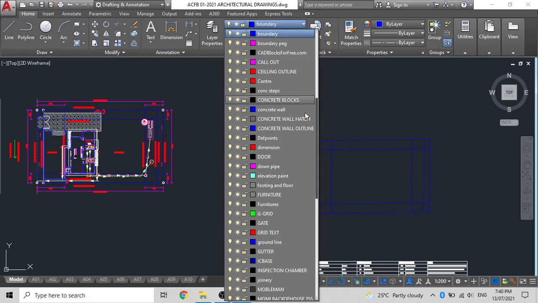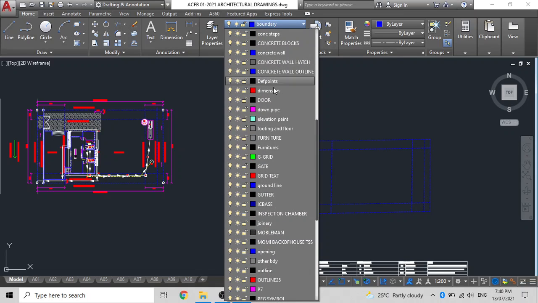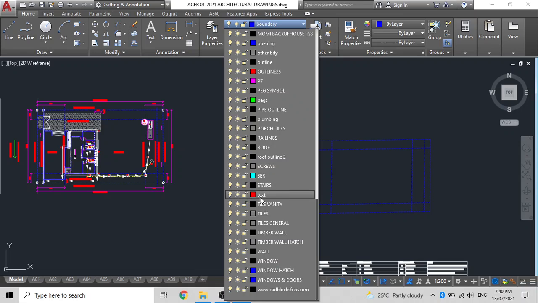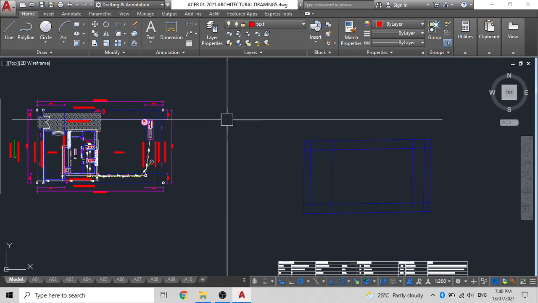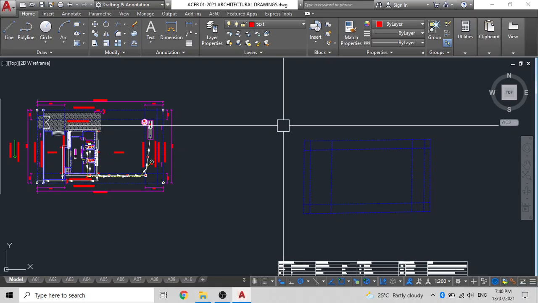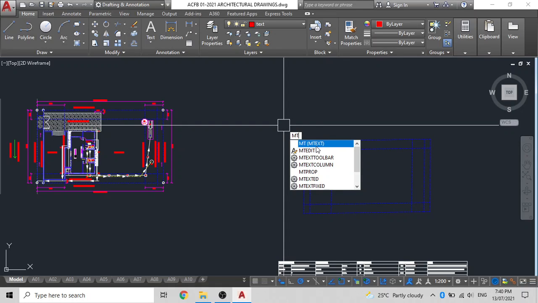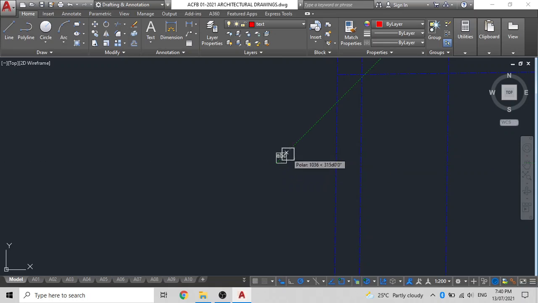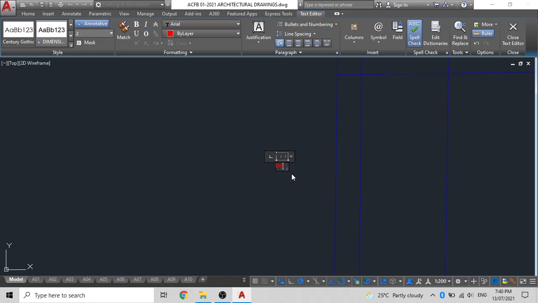Now what we'll do is turn on the text layer first and add all of our text into the site plan. So to create a text, what you have to do is type MT, that's multi-line text, and press OK and leave it there. And then we'll say just boundary line. Now as you can see that I've typed everything in small, so what you can do is select everything and then do a Ctrl plus Shift plus U to make it capital, or Ctrl plus Shift plus L to make it small. In this case, I'll leave it to that size.